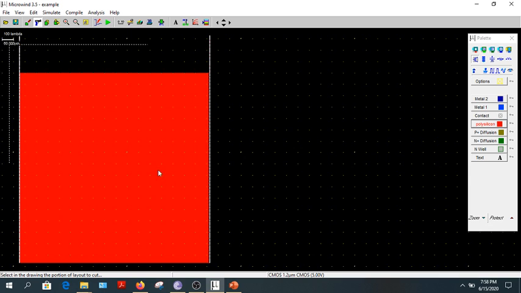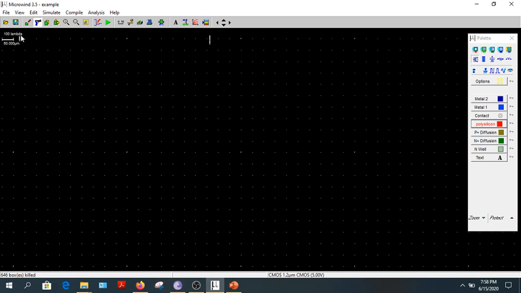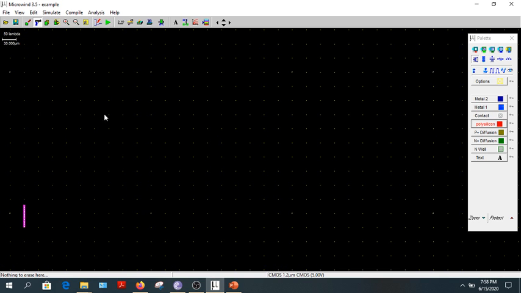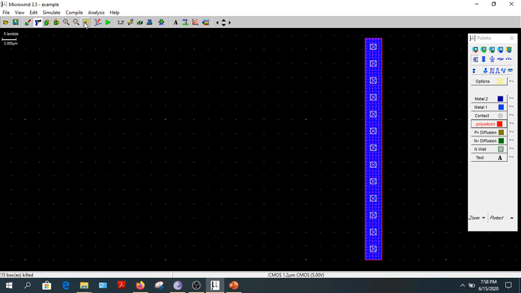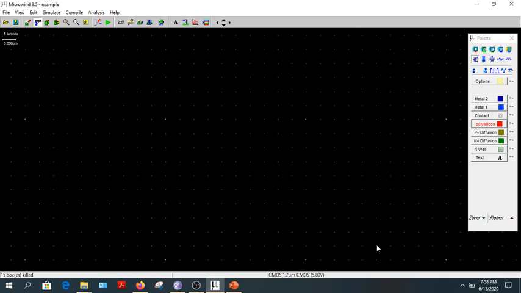I don't want to get into the detail of it, but it is a fantastic tool to understand some concepts that you have missed out in your semesters. So you can use this tool. There is one more basic version that you can use. It's an open source version called Magic software that you can also use. So this is the part of NMOS and PMOS simulation on Microwind. In the next video I'll teach you CMOS and show its fabrication.